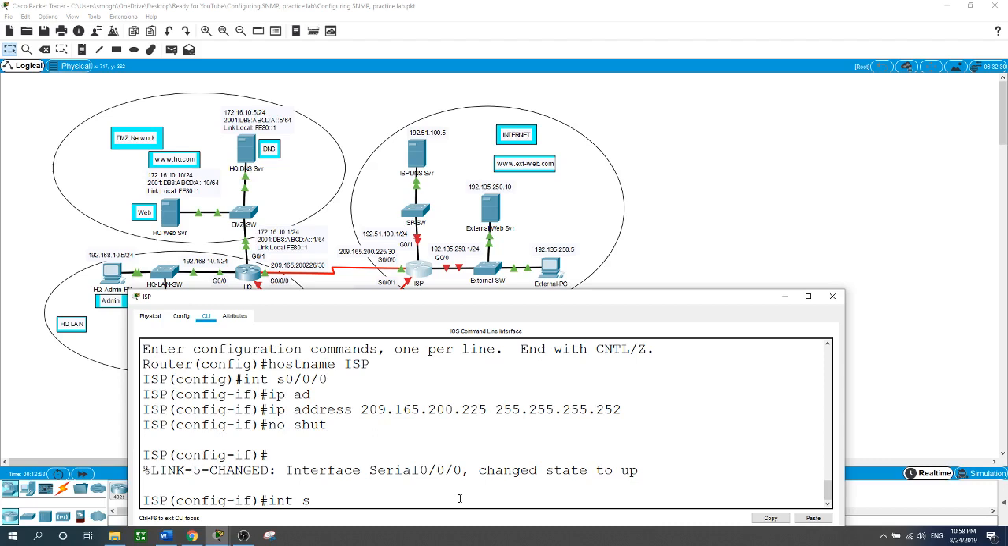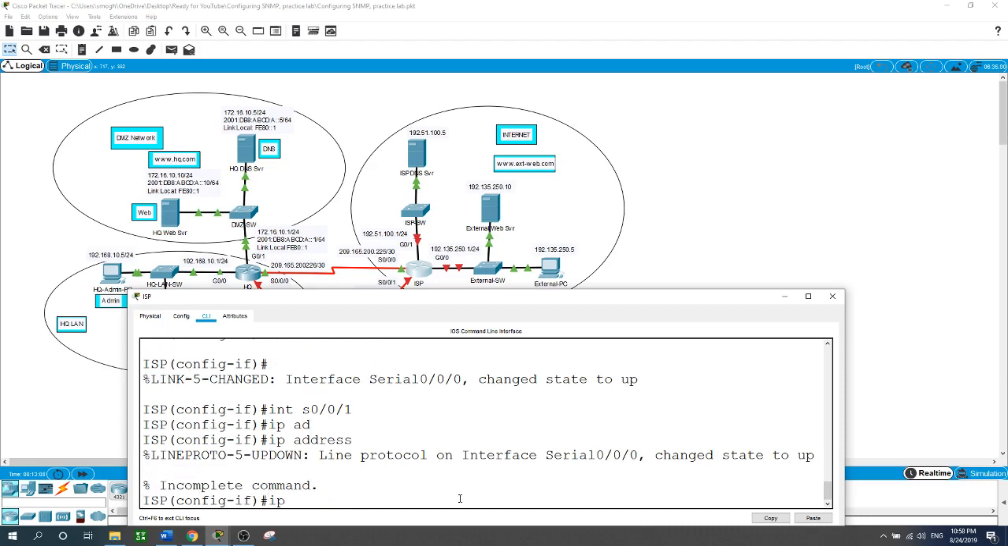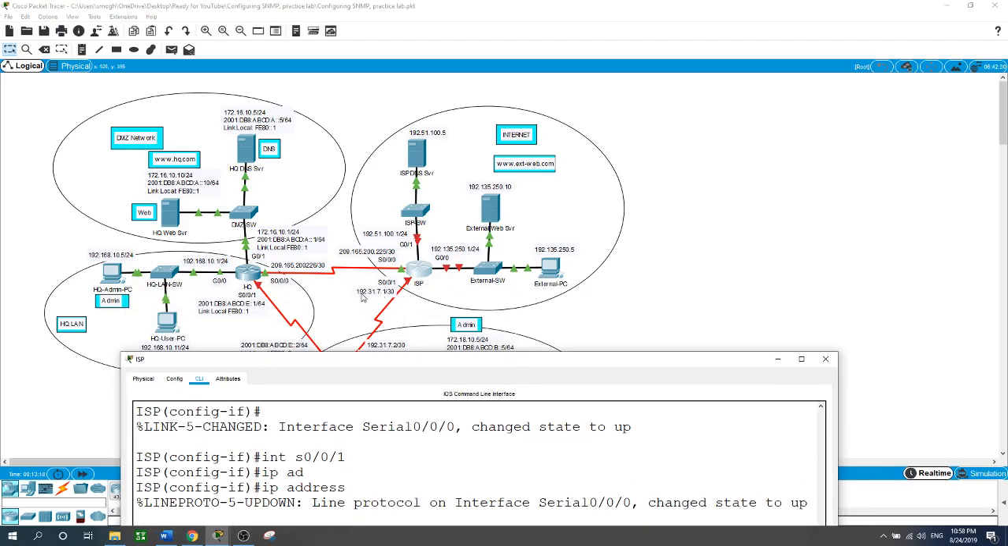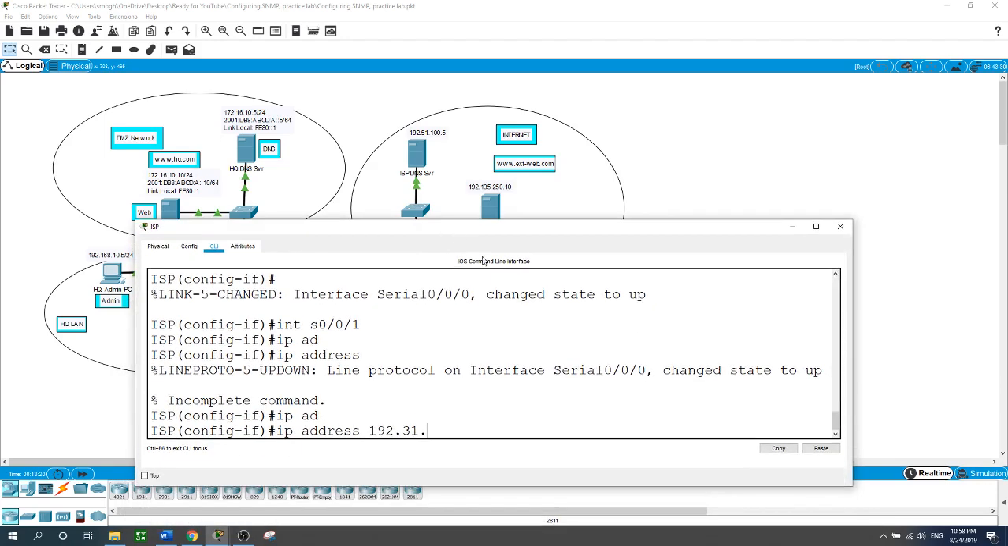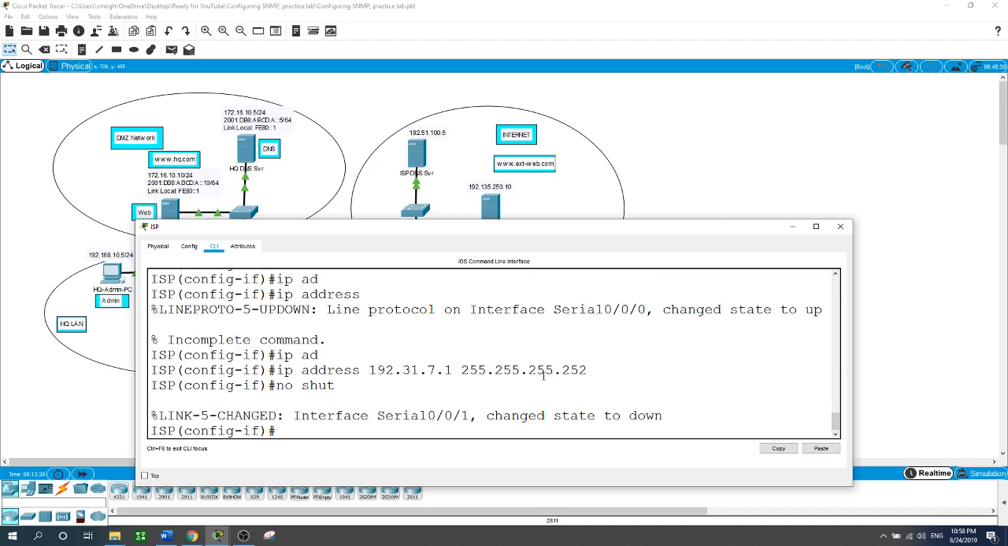The other interface, serial 0/0/1, with the IP address of 192.31.7.1 with /30 subnet mask, and enable the port with no shut. And the other interface of gig 0/0